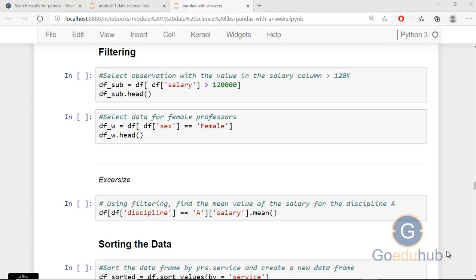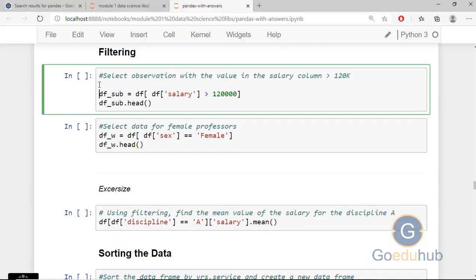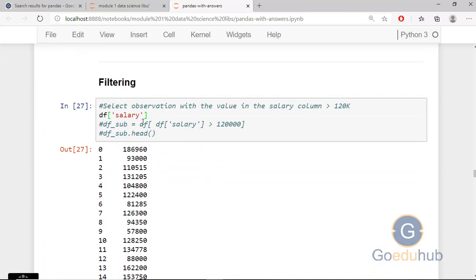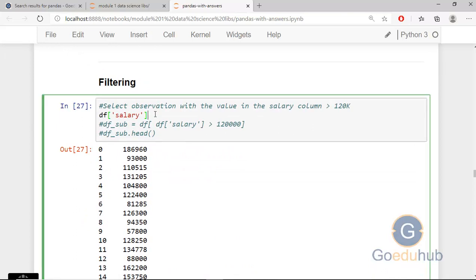Okay, so here we are taking an example: our data inside this data frame df has salaries data. From the salaries data set, we just want to access the person whose salary is greater than 1,20,000. Okay, so salary is a column. For that, what will we write? First of all, we need to check the person whose salary is greater than, sorry, 1,20,000. So df of salary. You can see this column will give you only the salary, and you want to check the salary greater than 1,20,000. For this, we need to write the condition.